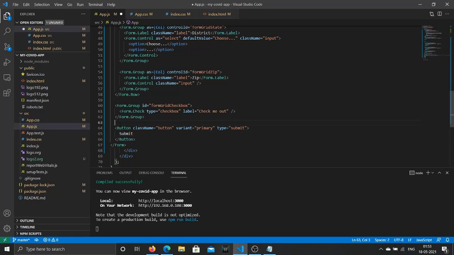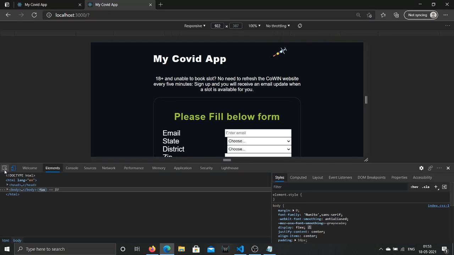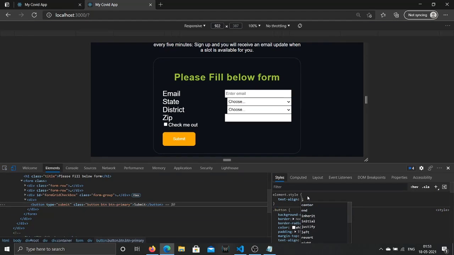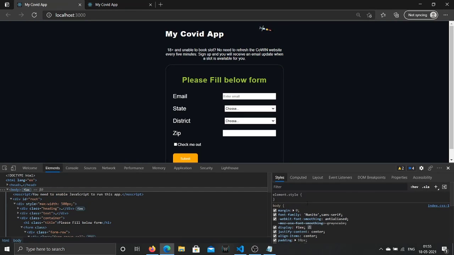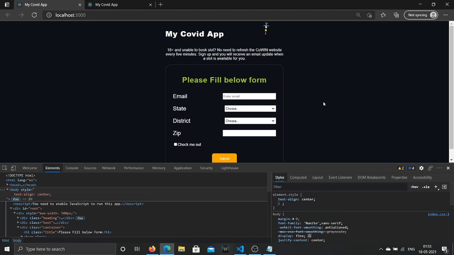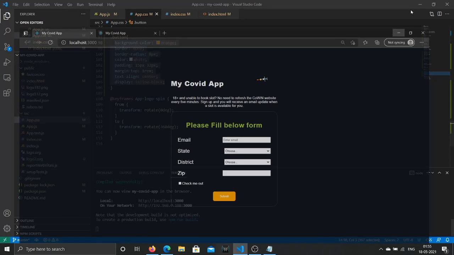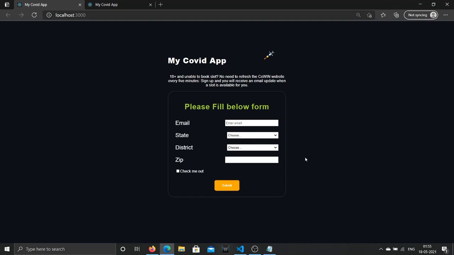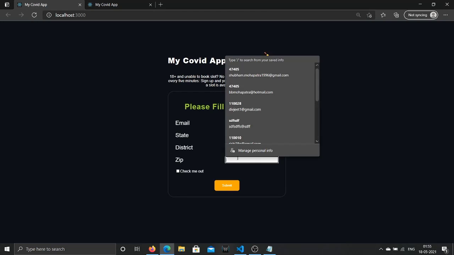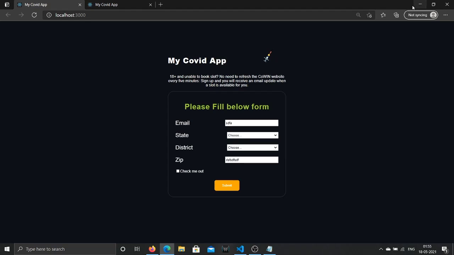I'll have to create a div on top of my button, and then I'll just align. Let me just align my div, and I think that should work. That should work. Let's see. I'll just text align center. Okay, doesn't work. Okay, there you go. So let me just edit my div now. I'll just inline style this. I'll just put the style as text align center. Okay, so there you go. Here we have our simple web page, simple form that we have designed. So yeah, we can fill all our details here. So in the next video